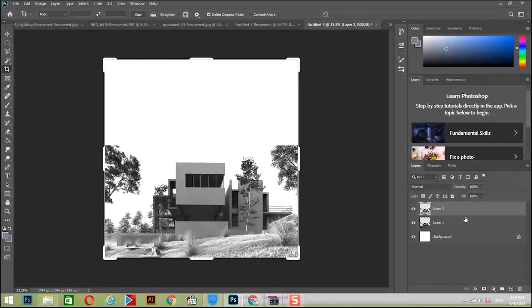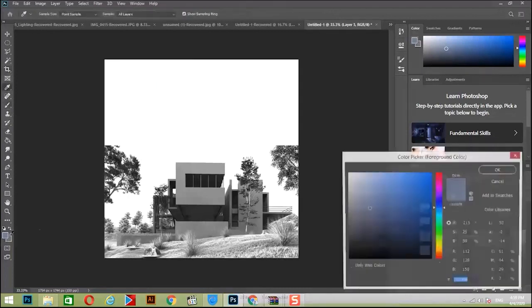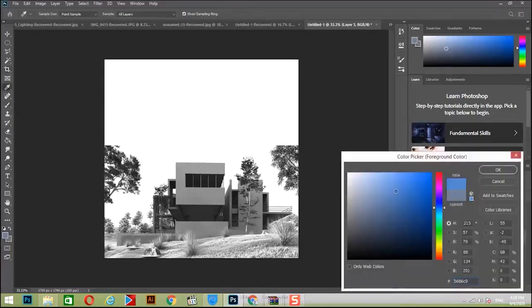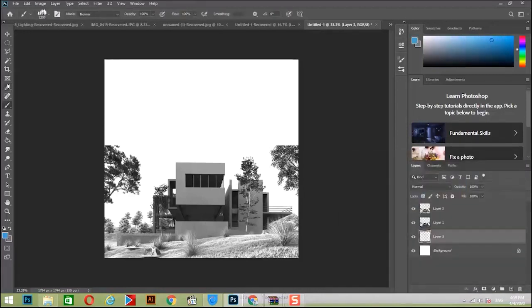Now let's do some interesting stuff. We use a simple brush, but first let's create a new layer, and then with the brush create a sky for this design. It can happen in all sorts of ways. We use a blue color,